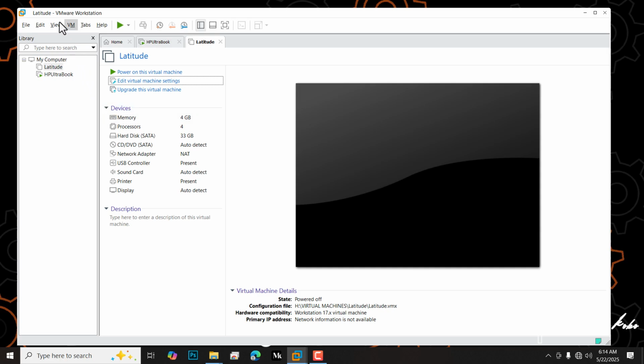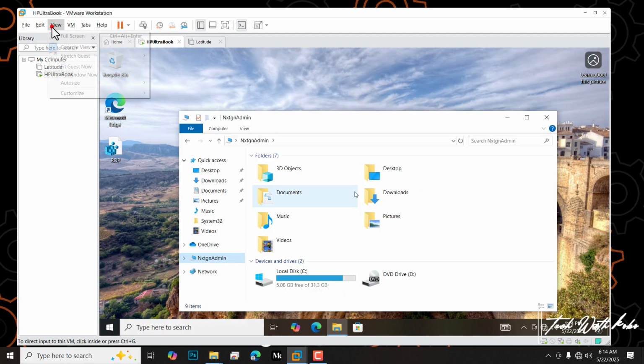So I left out this view option over here. When you click the view option here for a virtual machine that has been powered on, you see the full screen that we chose over here. You have the console view, you have the stretch guest, and then we have fit guest now. So this is going to fit it to